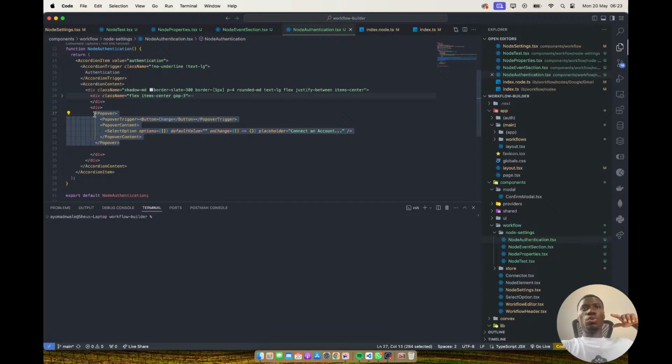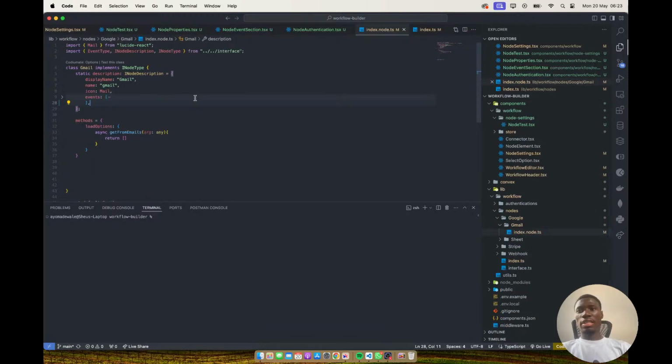where you connect to your Google account, to your Stripe account, or Discord or something, and we save those tokens into the database. But we're not going into the code of that yet. What we're going into right now is making sure that each node that uses authentication, like Gmail, Google Sheets, Stripe,